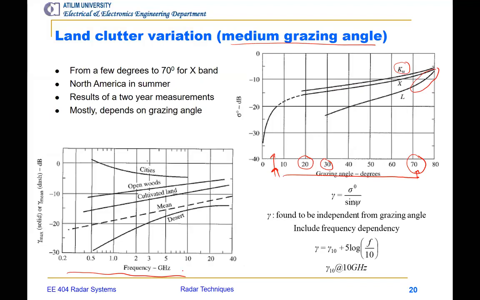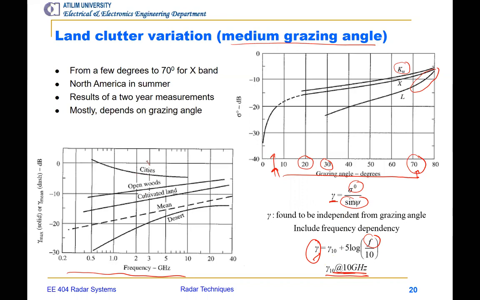On the left hand side, we see the variation of the reflectivity normalized with the angle. Here we see gamma, which is reflectivity divided by the sine of psi, the grazing angle. And it can also be written in terms of frequency, taking 10 gigahertz as the reference. And we can see how this gamma, which is a function of frequency and angle,